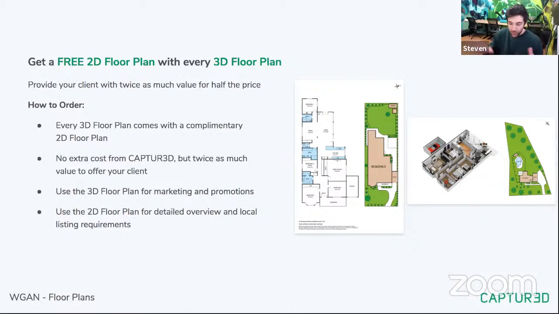Yeah, two questions which I'll answer separately. So the first part with the naming conventions, there's a number of different ways to answer this question. You can have as many amendments as you require, and they're completely free. We appreciate that some clients are pretty particular with the way that they want their spaces labeled and named and everything. And sometimes you just need to update something really quickly from a bedroom one to a study or whatever it may be. All of those things are rapid turnaround and completely for free, because we want to make sure that you're getting the service back to you as quickly as possible.